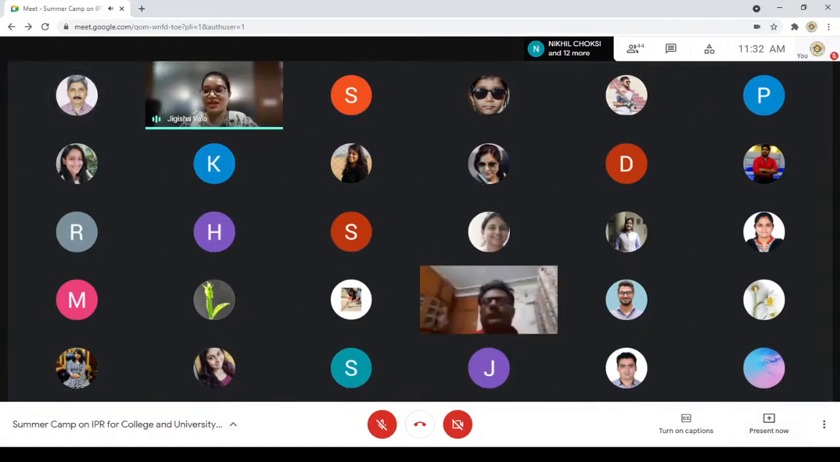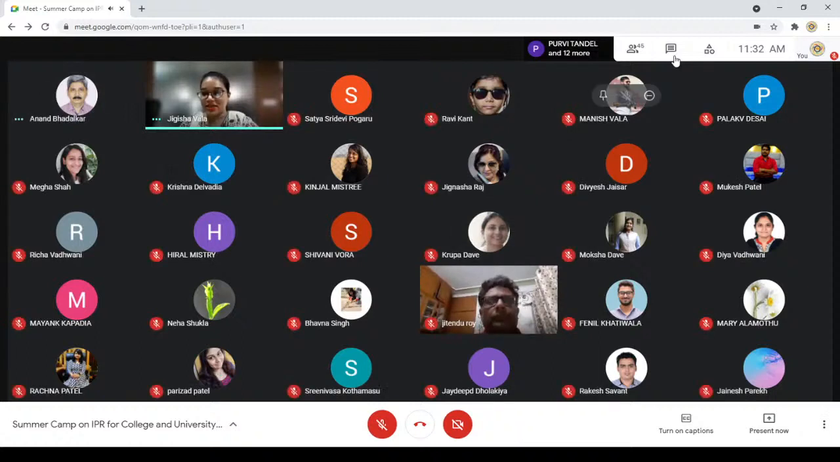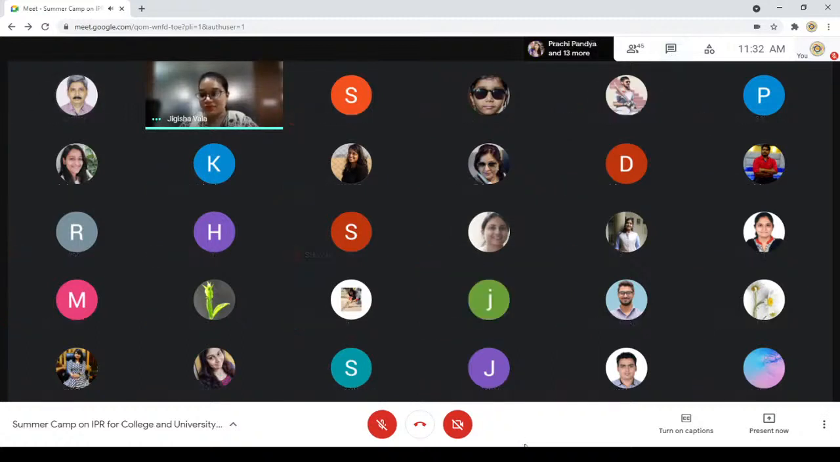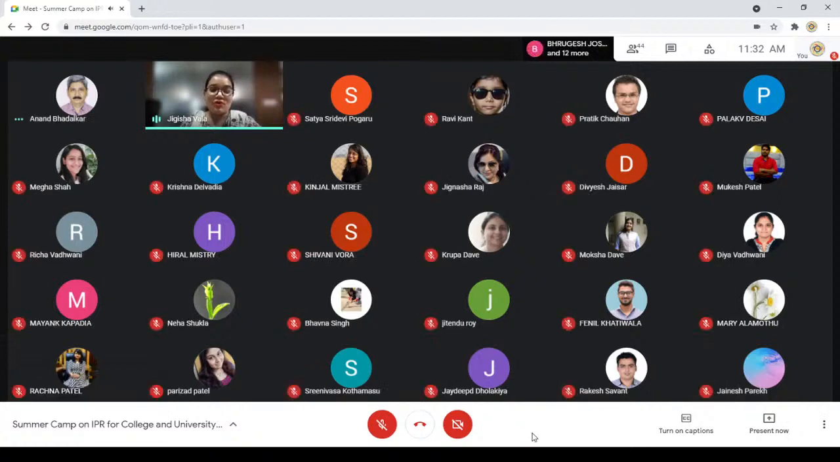So we have one question from Bhavna Singh. So she wants to understand that can we copyright, patent or complementary DNA sequence what we have developed in lab? If no, how we can